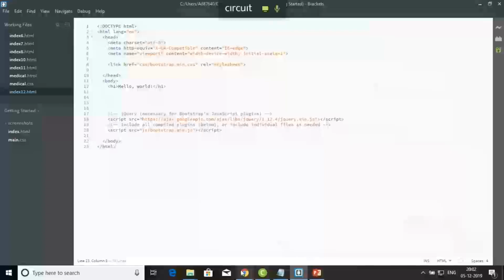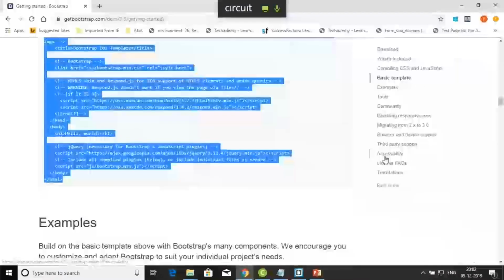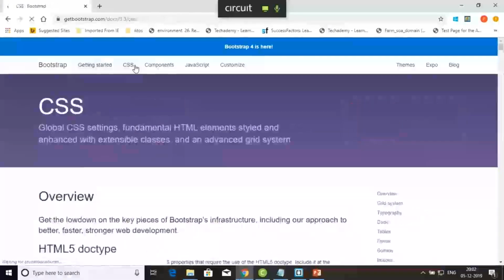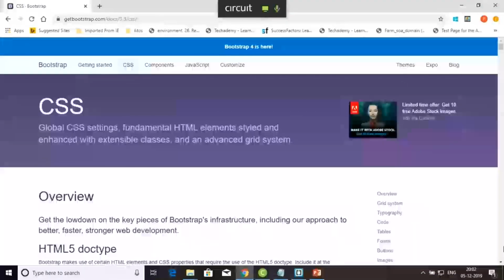Now let's come to this website here. I told you that in case of Bootstrap, you'll find some predefined components. You don't have to create those components manually. It is giving us some predefined components. So the question is, what are the predefined components? Just see here. Just click on CSS. If you click on CSS, you'll find here